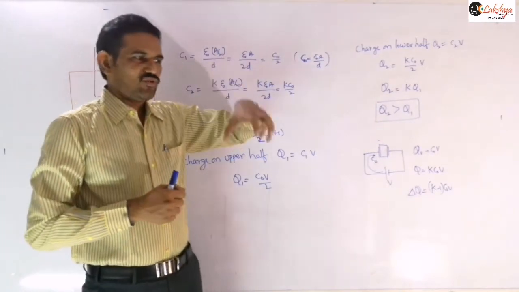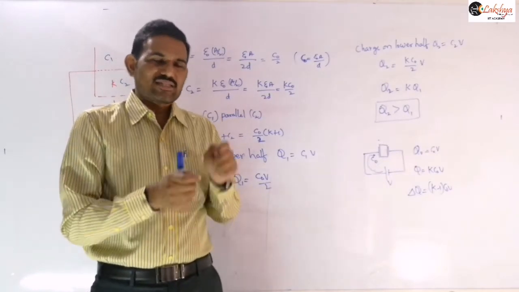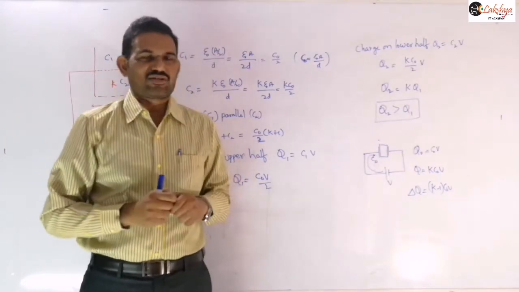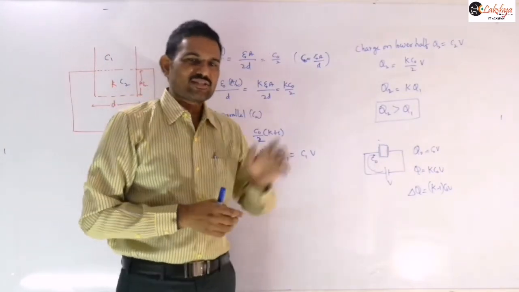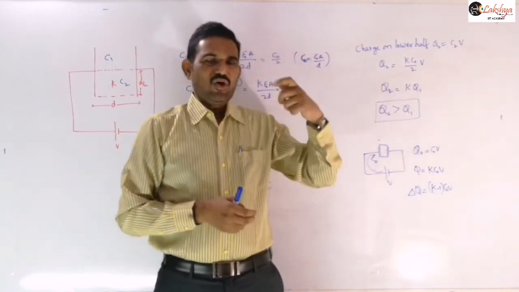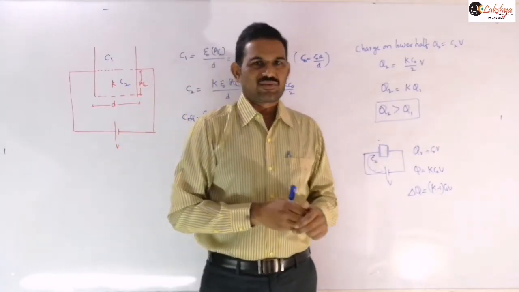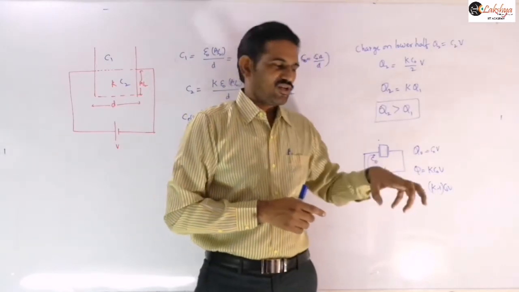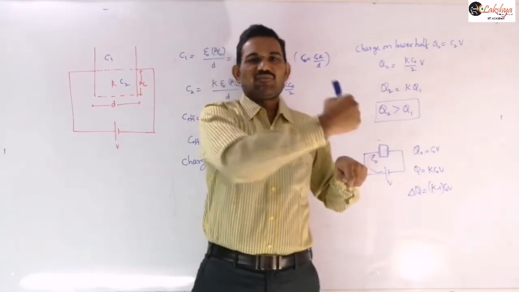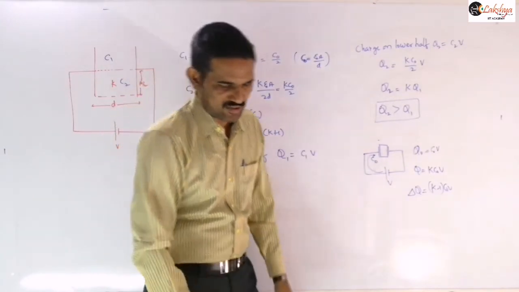That means once you introduce the dielectric, the potential difference will decrease. But as the battery is still connected in the circuit, the battery will supply some additional charge, so that the charge on the capacitor will increase and the potential difference will remain constant. You can check our table which we discussed in our last class. When the battery is connected, we mentioned that the potential difference remains constant and the charge increases. So this is the actual reason here. Once you introduce the dielectric, the potential difference decreases, but as the battery is still maintained in the circuit, it will send some additional charge so that the charge on the capacitor increases and the potential is maintained as a constant.